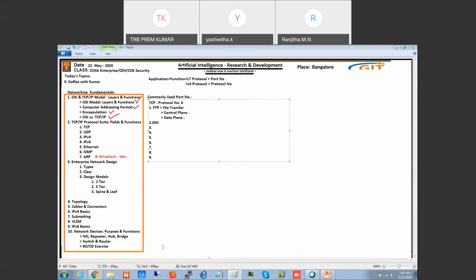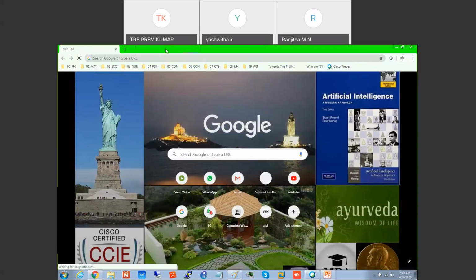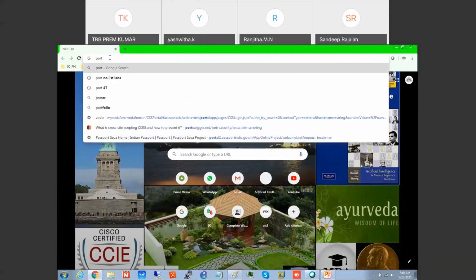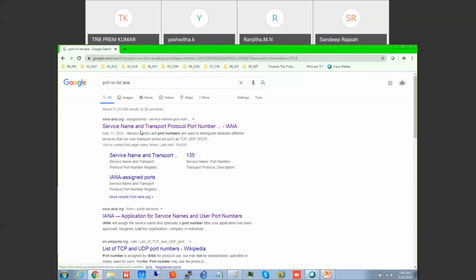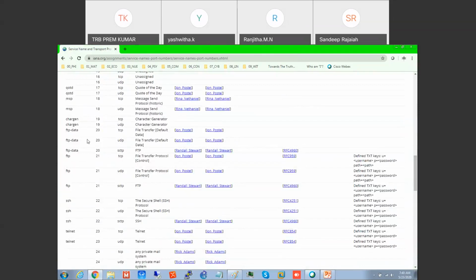How do I check that? I'll go to the port list from IANA, the organization that maintains it. Go and check that. Here you see data is 20 and control is 21.